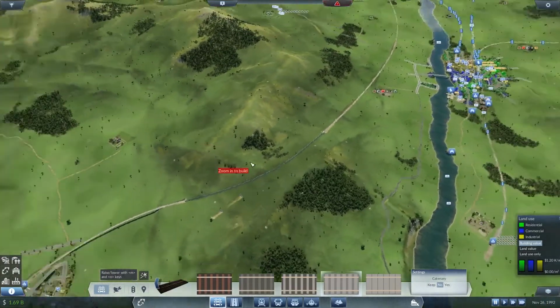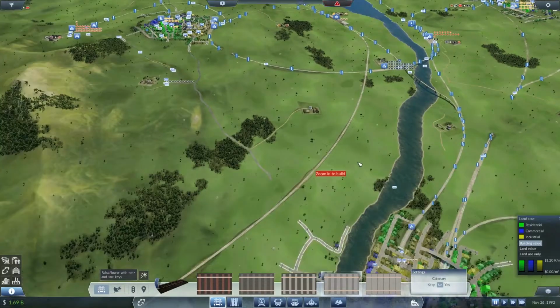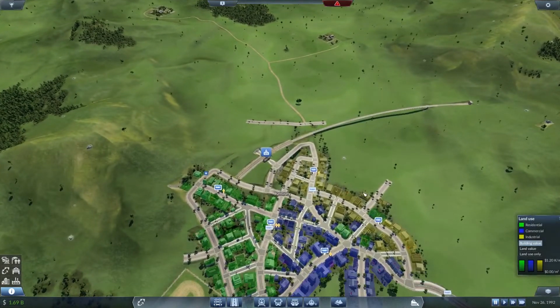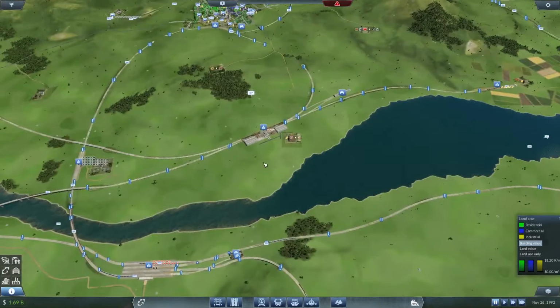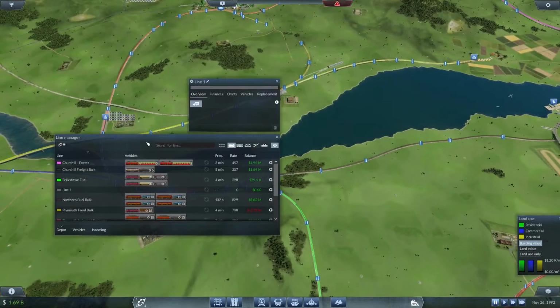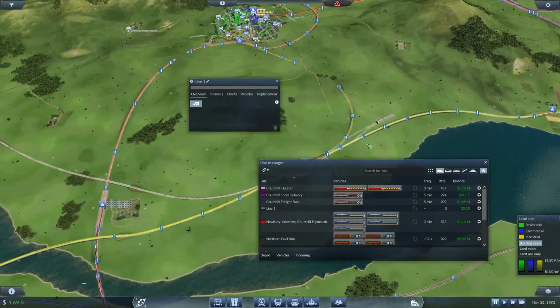We have got a slightly longer tunnel than I'd hoped for. That is a very long route. But it's quite long. Okay. But it should work. So let's set that up. A brand new line. All the other lines coming out of this